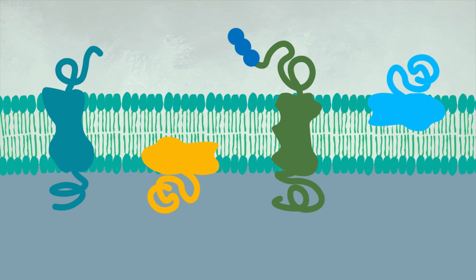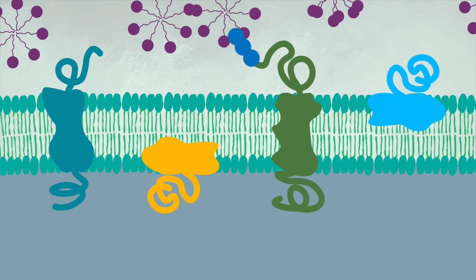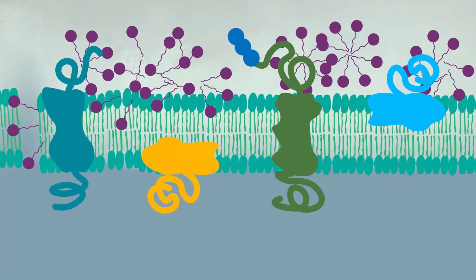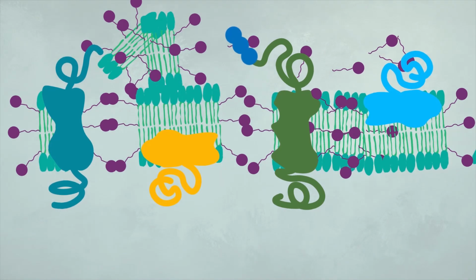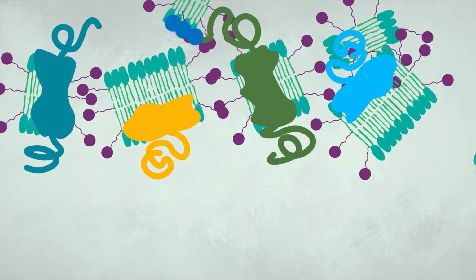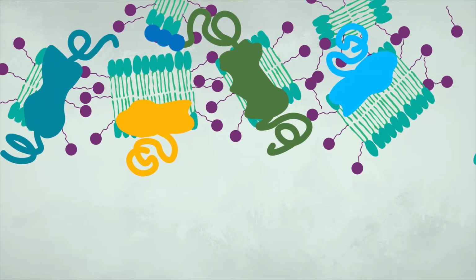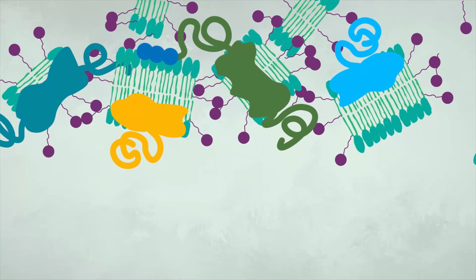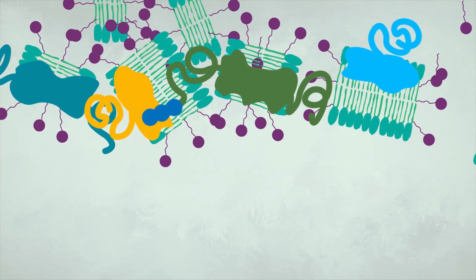Now that the cells were treated with the appropriate markers, the PAS and FM markers, the membrane proteins need to be isolated from the membrane environment. The way that this is done is by using detergents. When mixed with membranes, the hydrophobic ends of the detergents bind to the hydrophobic regions of the membrane proteins. This then displaces the lipid molecules. Since the other end of the detergent molecule is polar, the binding tends to bring the membrane proteins into solution as a detergent protein complex. The result of adding detergents is that the detergents replace the lipid bilayer and stabilize the hydrophobic membrane region of the protein. In addition, you get a byproduct of little lipid packets as well.